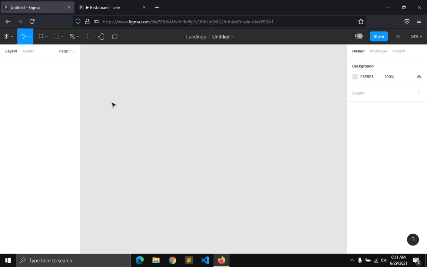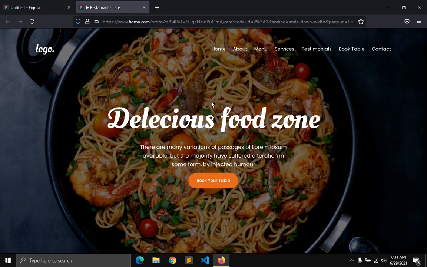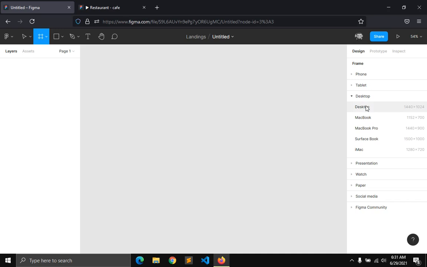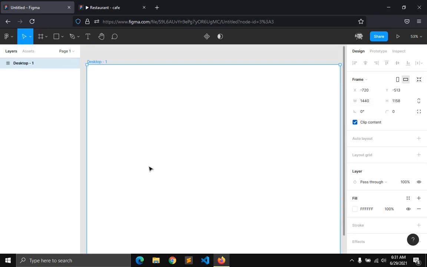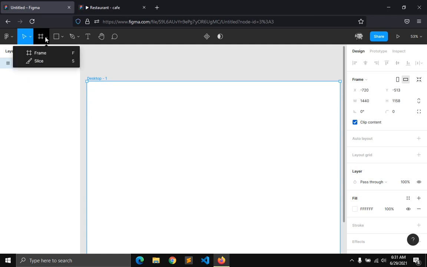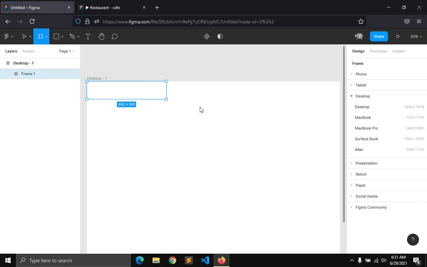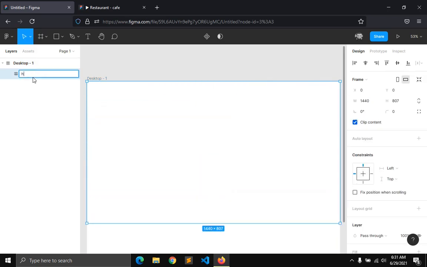Okay, so the first thing I'm going to design is the hero section and navigation. So let's design that. I'm going to select a frame and then click on the desktop, and I'm going to select a frame and draw inside this desktop frame. This is going to be my hero section, so I'm going to call it hero. Height is going to be 820,